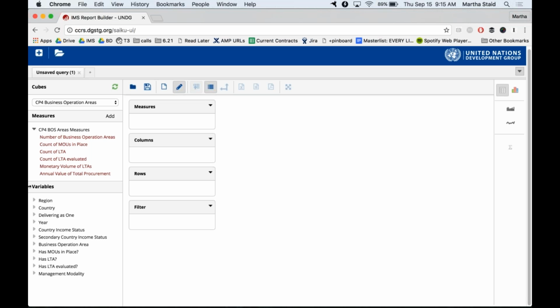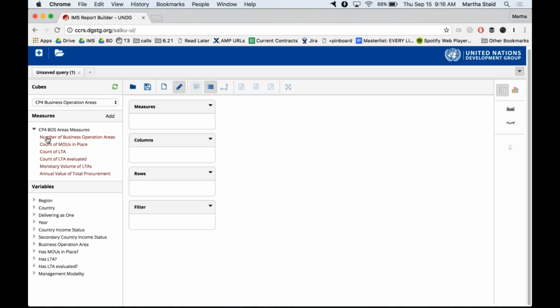But please do remember that the data you're going to get if you just run a basic search without doing any filtering for year is you'll be getting every year together. So if the data you're getting seems to not match what you're expecting, maybe that is the reason. But before we can get to filtering, let's just go ahead and build a basic table. So as I said, every table must contain a measure and a variable. It can contain more than one of either, but 1 is the minimum for each.